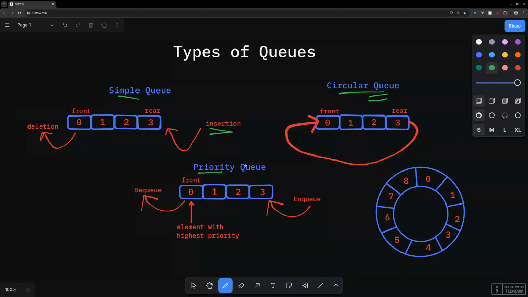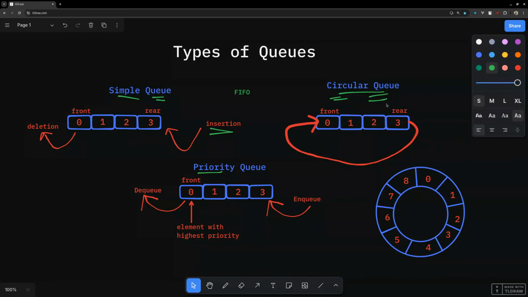Right. Now, the next step of a queue is a priority queue. And to just understand priority queues, basically, they don't follow the FIFO rule strictly. Do remember that the simple queue and the circular queue, all of them follow the FIFO principle, that is. And for them following the FIFO principle, that means that strictly the element that is at the front is the one that is going to be removed first, and the one that is at the rear is going to be